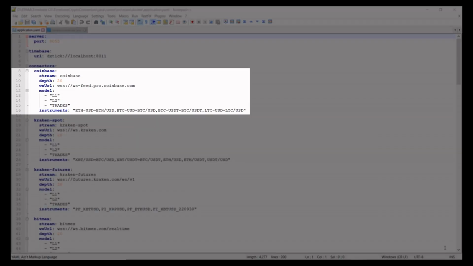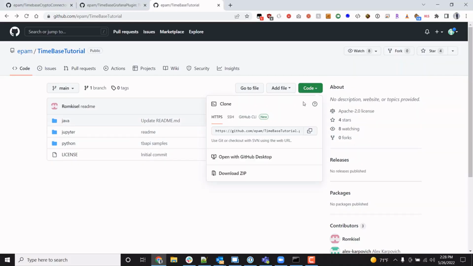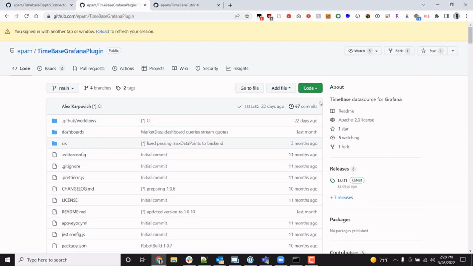Our first connector is the Coinbase one, and it will write into a stream named Coinbase. We specify a maximum of 20 levels, the WebSocket URL for the feed, which messages we want to publish, and a list of instruments. Once we have Docker and the Windows Subsystem for Linux installed, we will prepare to launch